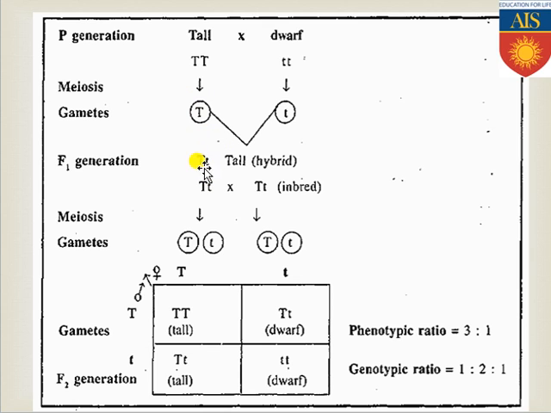Here also you can see the same thing: one is the dominant allele, capital T, and another is the recessive allele, small t, but when a minimum of one copy of the dominant allele is present, that will get expressed. So for that reason we see the tall feature in this pea plant. So this satisfies the first law, the law of dominance.